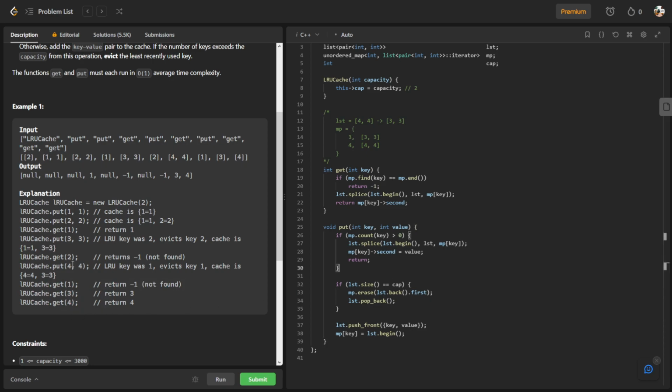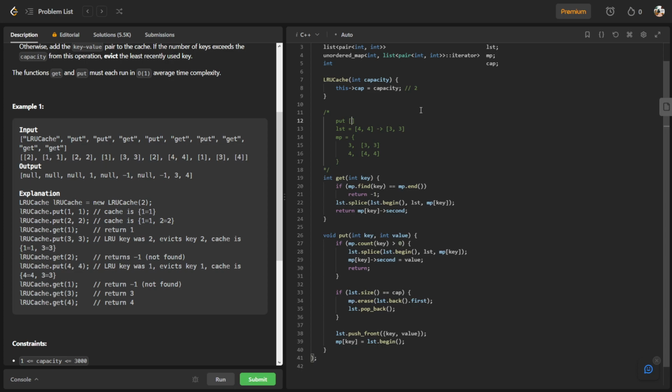Okay, so let's say I want to put a new key, not a new key, the same key called 3. But I want to change the value to 5. So 3 to 5. Okay, when I call this, now this if statement will then trigger because there is an existing key already, which is 3. So what happens is I move the node 3 to the front of the list again. So I move this to the front,